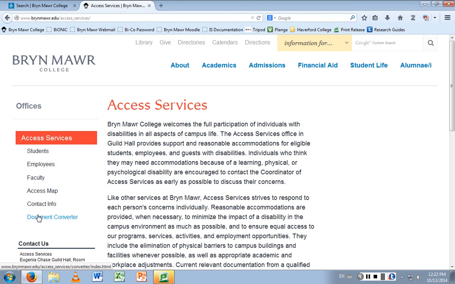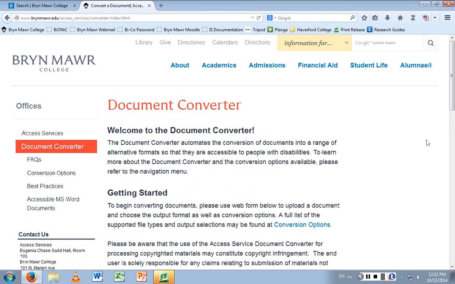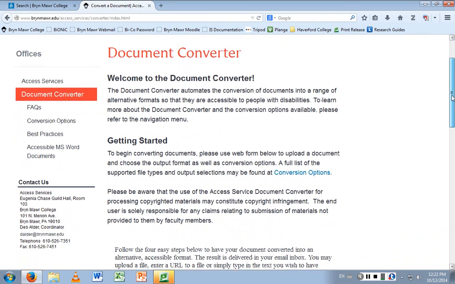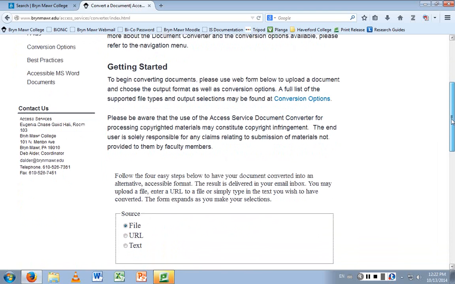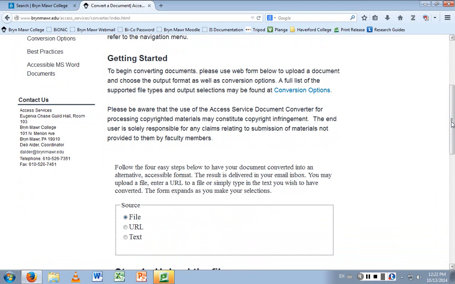But in essence, you can take almost any kind of document, upload it, and it will be converted to a different format. It's free, it's fairly fast, and anyone with a bryn-mawr.edu address can use it for free. And you can send to somebody with a bryn-mawr.edu address for free.